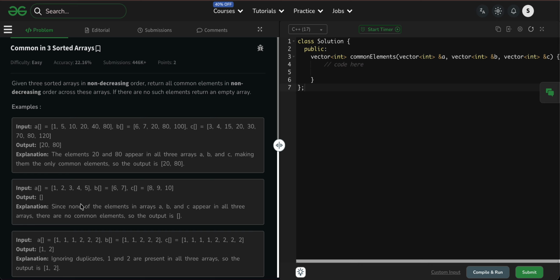Also, one more thing, this is the edge case: you have to ignore duplicates. If you have 40 appearing two times, you just have to return it only one time. So that is the problem. Without further delay,